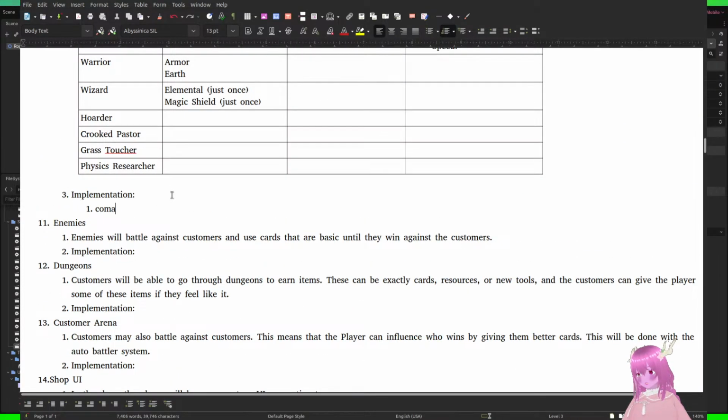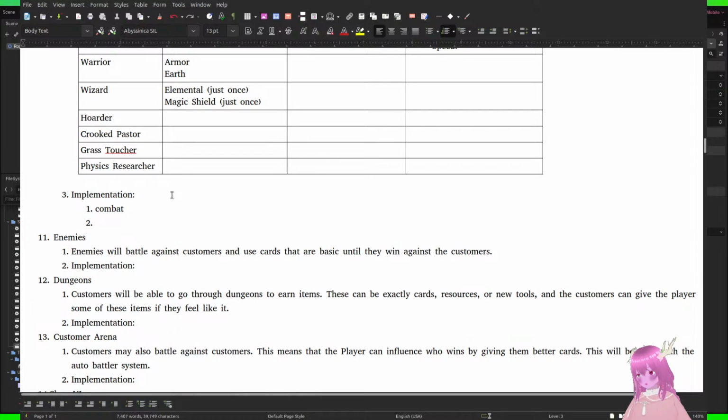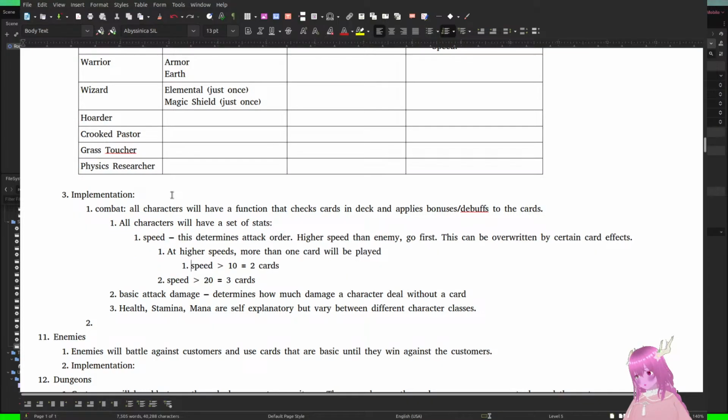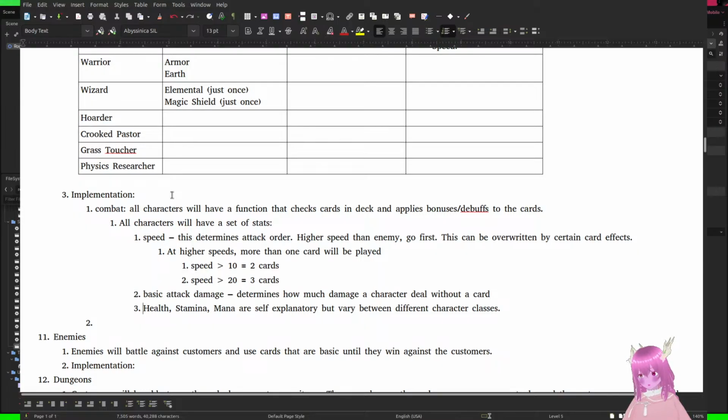Combat. By the way, I learned how to make it go backwards. You hold shift and tab to make it go backwards. So weird, right? So very strange.